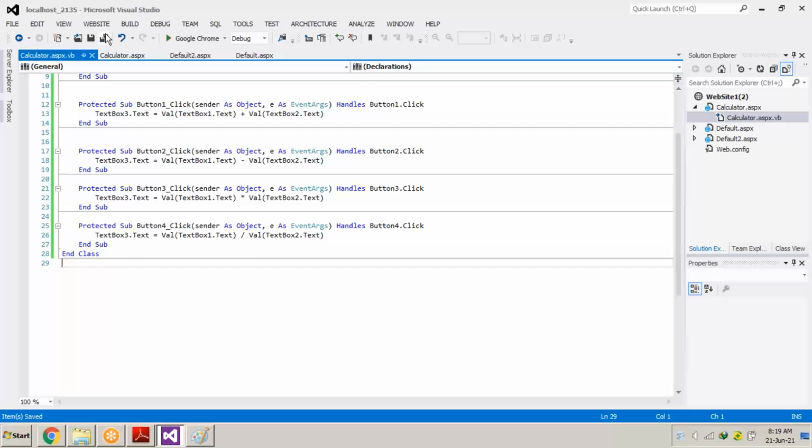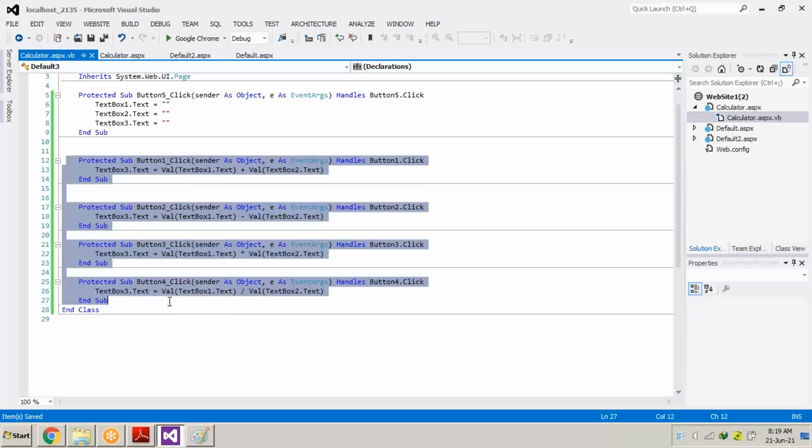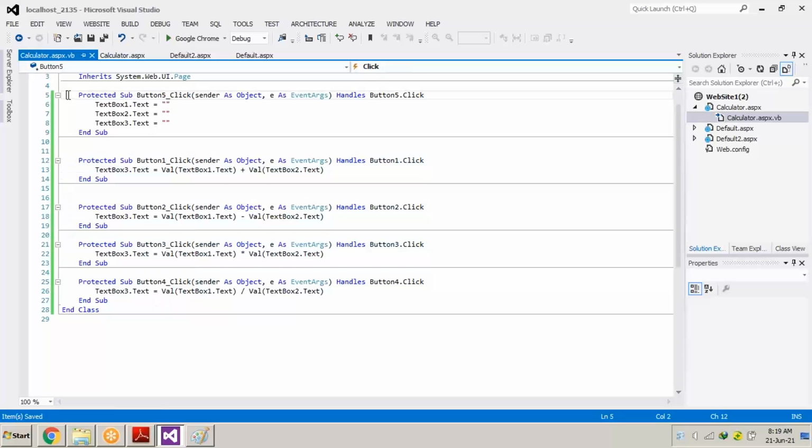So this is the shortcut method to write all these 4 operator codes: plus, minus, multiplication, and divide. And the 5th button is for clearing.